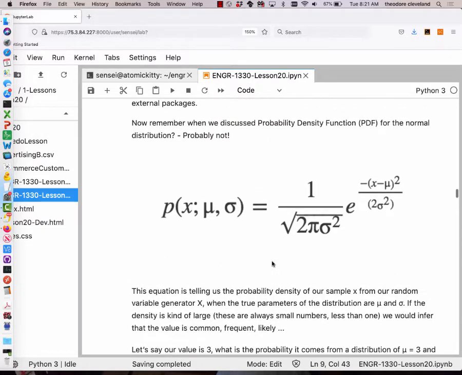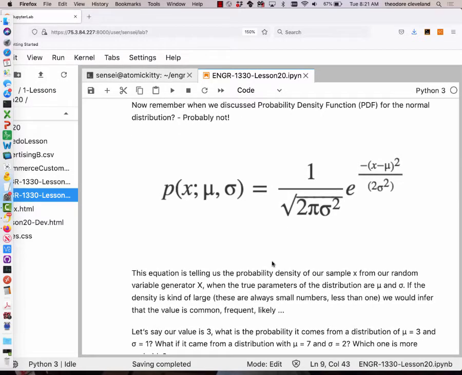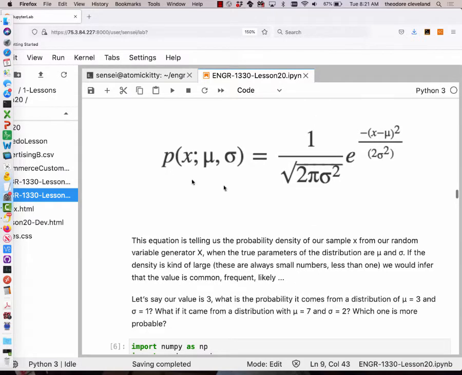Okay, so continuing with the story. How do we assess how good or how poorly our fits are? Well, first we want to remember our friend, the probability density function for the normal distribution. One way is to look at it as a probability density function, and what that equation tells us is if lowercase x is pulled from a normal distribution that happens to have a population mean of mu, and a variance of sigma squared,